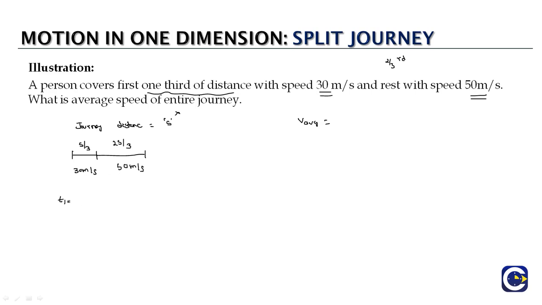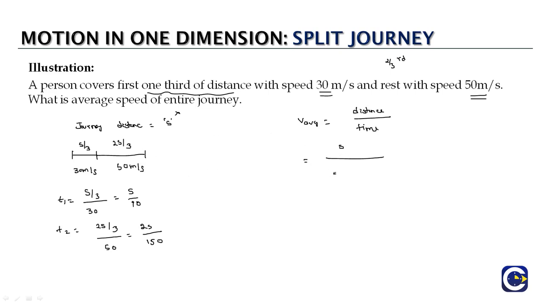So we'll find what is the time for the first interval. Time will be equal to distance by speed, which will be equal to s by 90. T2, time for the second interval, will be 2s by 3 divided by 50, which will be 2s by 150. Now we have both the time values for the two intervals. Now we can go for the average speed formula. So average speed formula will be total distance by the total time taken. Which will mean total distance will be s, that is a variable we introduced, and total time taken will be s by 90 plus